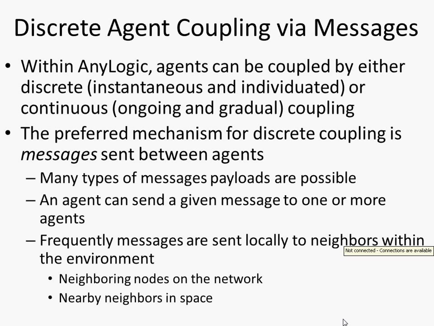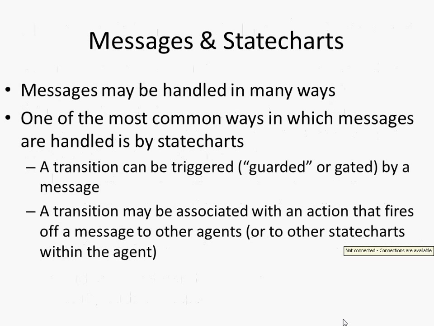And agents can send messages to one or more other agents, or can be sent messages by the environment. Frequently, these messages are sent locally to neighbors within some environment. So, to neighboring nodes on a network, or to neighboring nodes in space, like that SIR agent-based model we saw some time ago, where you have those waves of infection, which were the result of agents sending messages involving infection to their neighbors in the cardinal directions. Okay, now these messages, it turns out,